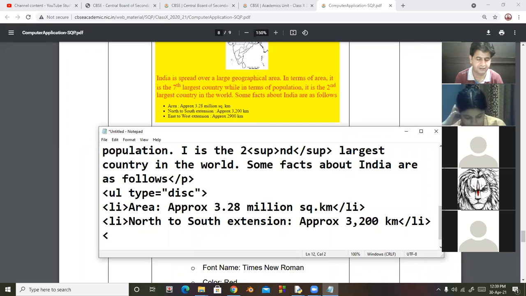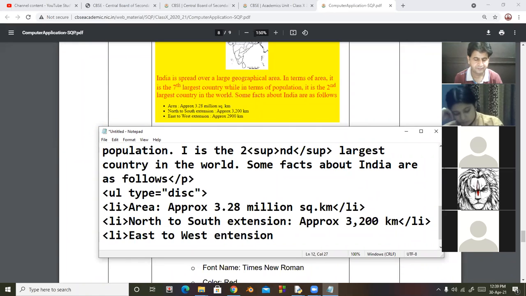Then Li tag again start east to west extension approximately 2,900 kilometer.